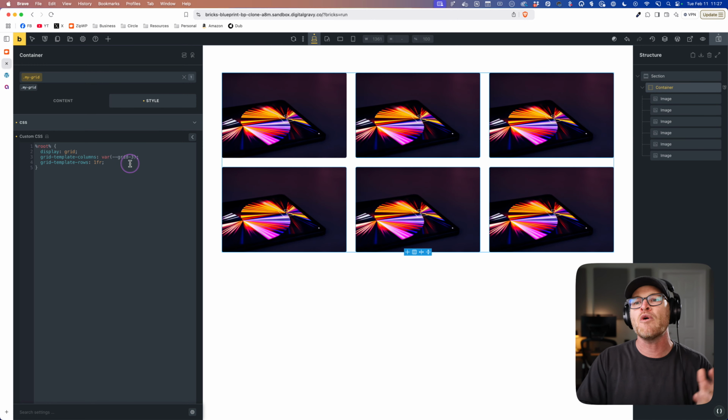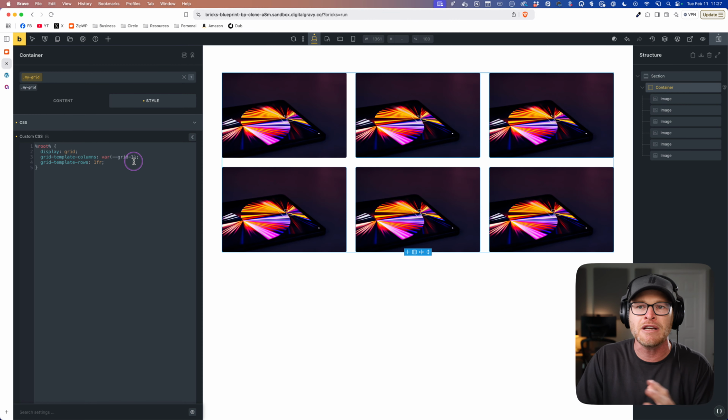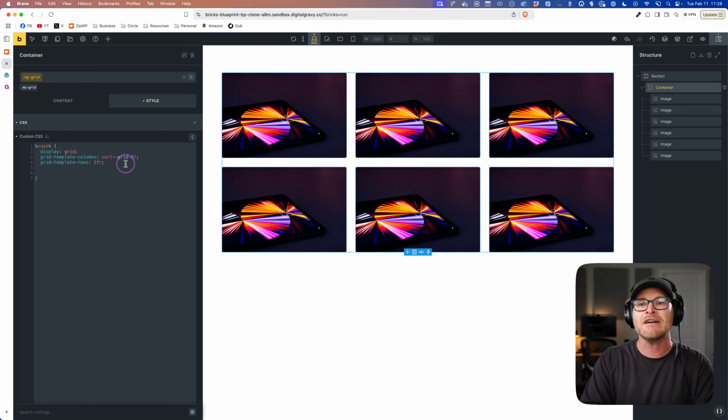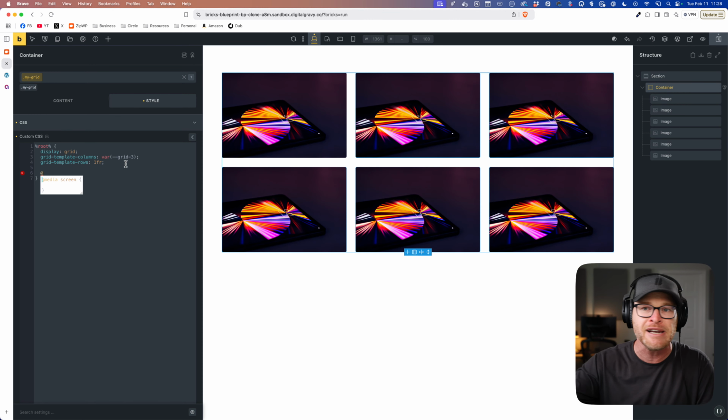But look, I want to make this responsive. I want to do something different at one of these other breakpoints, okay? Like this is the XL, this is the L, this is the M. So maybe at M is where I want to go to 2, right? So I can come down here and I can use another recipe. We're not even covering recipes right now, but this is an opportunity to demonstrate a lot of different things at once. But I can say breakpoint L, right?